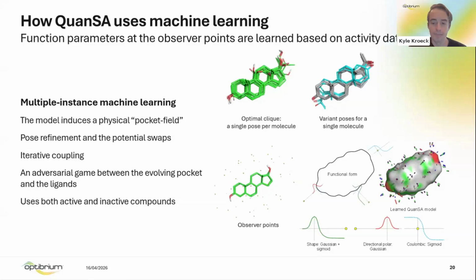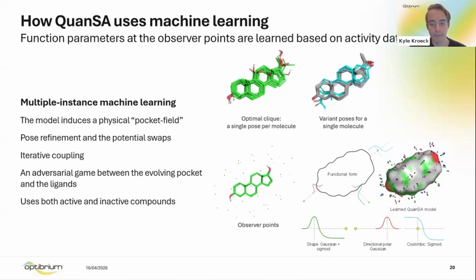The induction of a QuanSA model is fundamentally an adversarial process that utilizes the full spectrum of biological activity data to define the binding site. So while active compounds are used to identify necessary attractive features, specifying where specific electrostatic potentials and hydrogen bonding motifs must exist, less active compounds serve as a critical negative evidence.